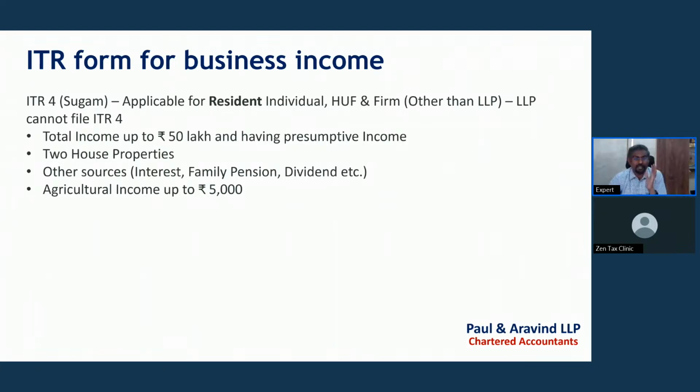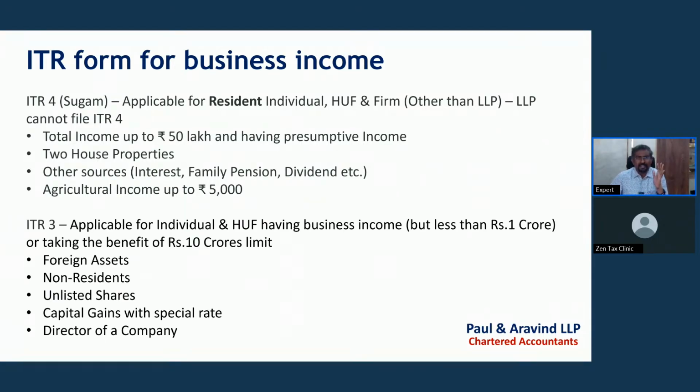ITR 4 is a simplified return. Sugam in Tamil means simple, comfort. A very simplified return in ITR 4 can be opted for by this category of taxpayers. Anyone who is not able to file ITR 4, having business income, a firm has a separate ITR 5; an individual or HUF with turnover less than 1 crore, or taking the benefit of the rupees 10 crore limit, which I already explained, with 95% of receipts and payments in banking channels,